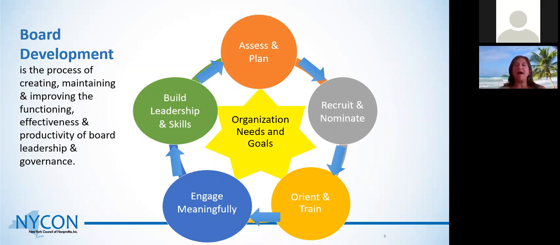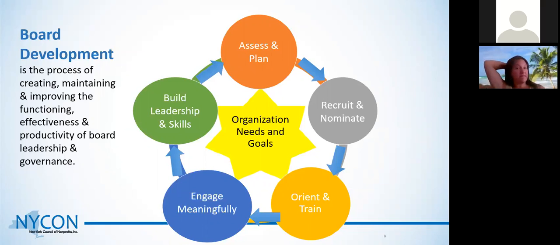And then once you have a good understanding of the skills and the connections and the commitments on your board, you can go out and recruit and nominate people who have the skills and connections that you need. And then once you've brought people on and nominated them, you want to orient and train them. You want to make sure that you are bringing people on in a welcoming environment, that you have given them as much information as possible about the organization and the role of the board